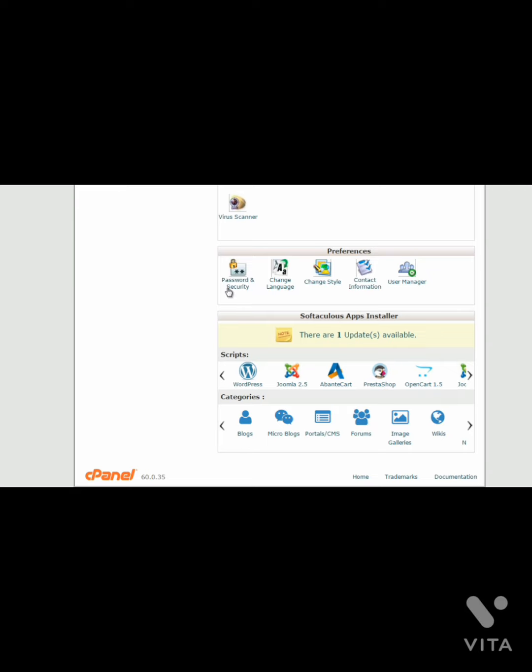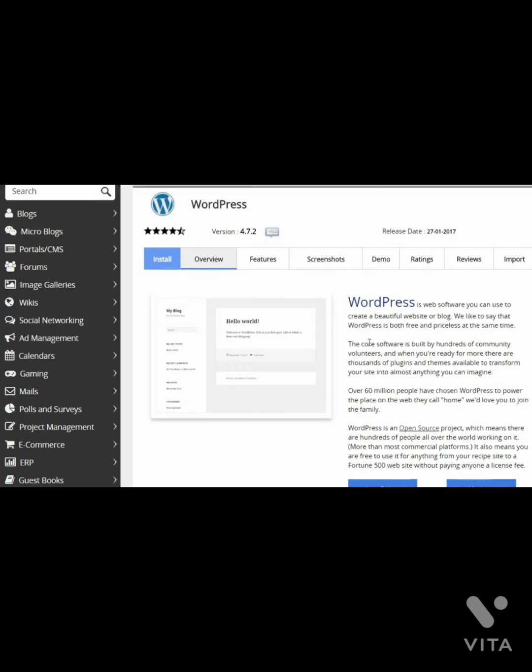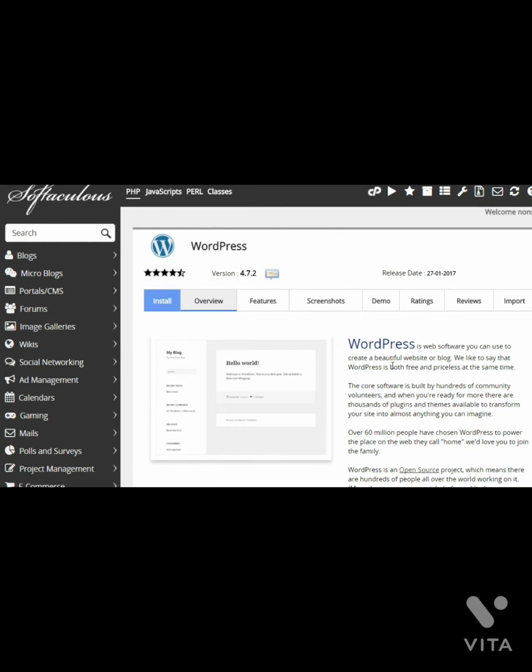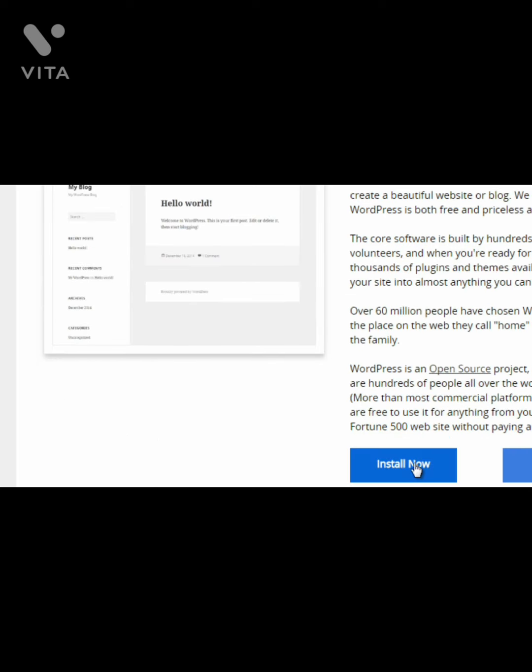And of course, they will give you access to what we call Softaculous. So what you do is you click on WordPress here. And this is basically an app installer. So instead of having to go to wordpress.org and install the 5-minute installation file, which really isn't 5 minutes, by the way, it's more like maybe 10 or 15 minutes or even more, depending on your expertise. So that's why I find this route is just a lot easier, because with Softaculous, all you have to do is simply go down, click install now, and you fill in the details, and within less than 3 steps, you have installed WordPress.